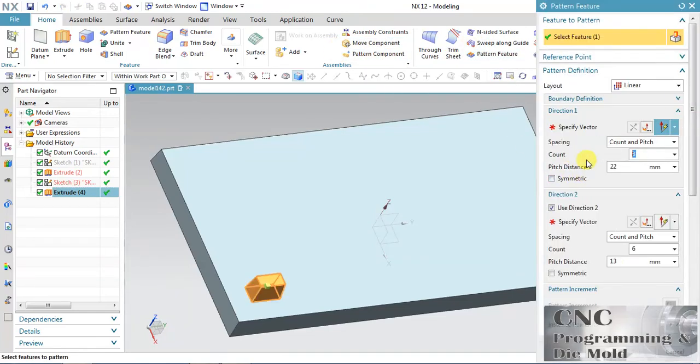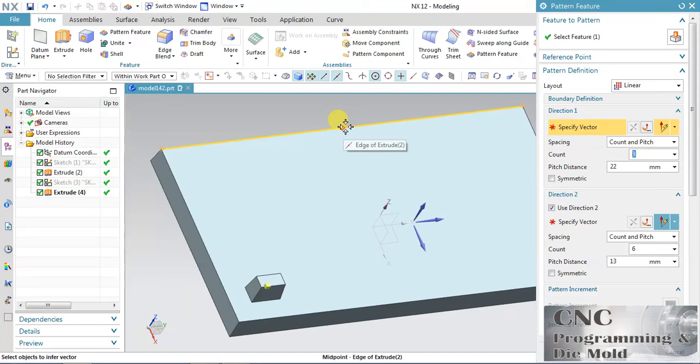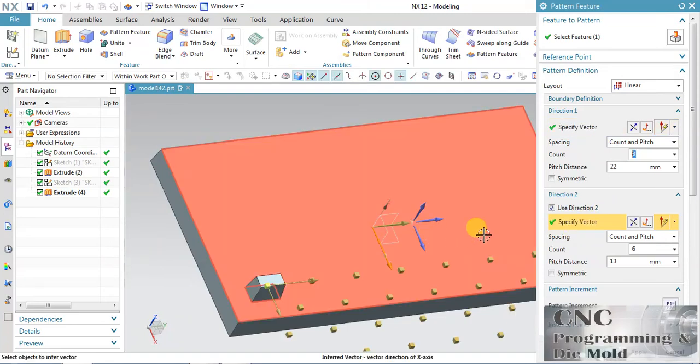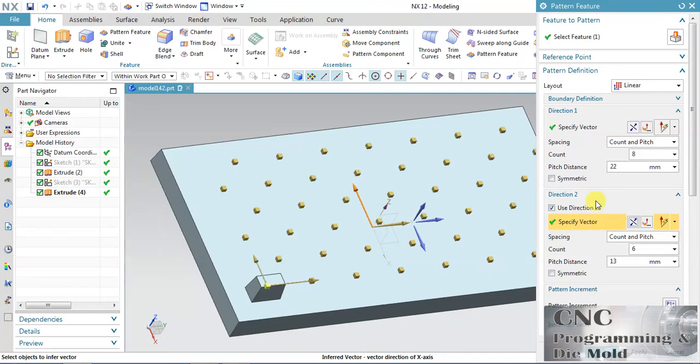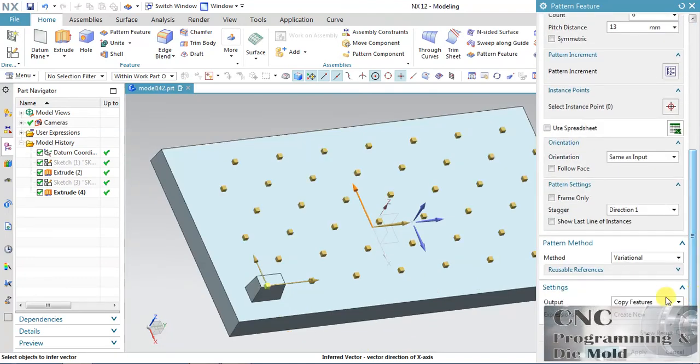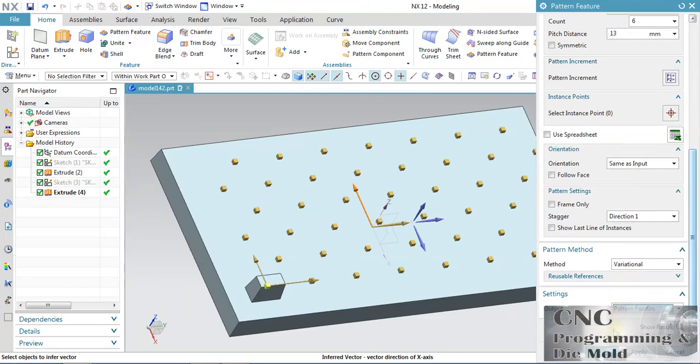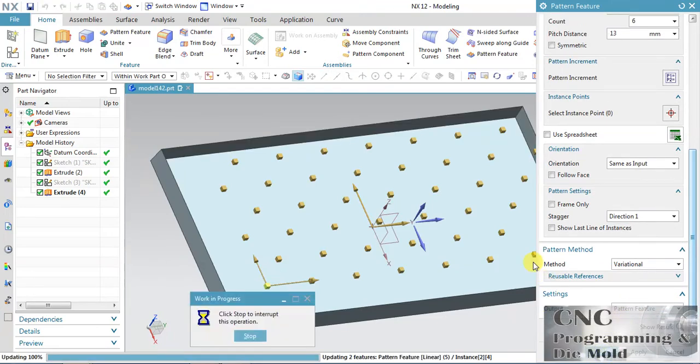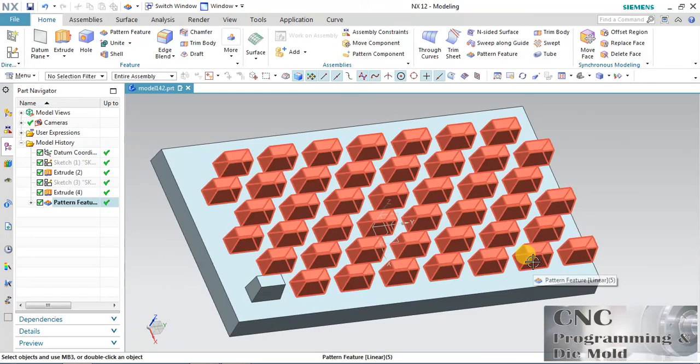Or if you want it as a pattern, click output as a pattern feature, so the whole will come into a pattern definition.